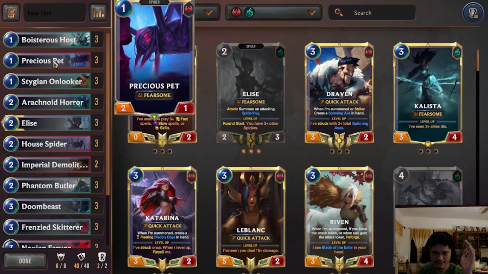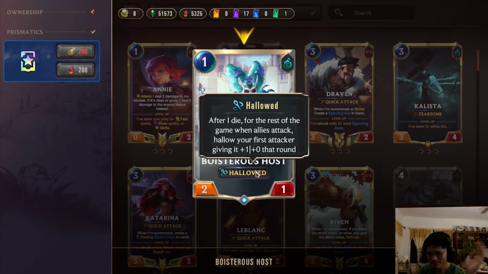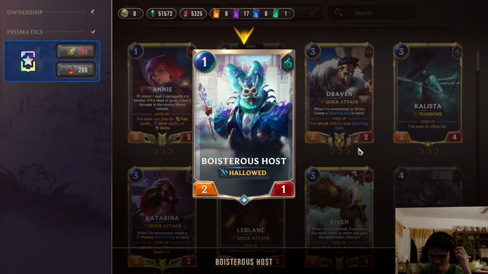Precious Pet is, oh yeah, for those who don't know, I'm sorry. Hollowed is a new keyword, which is after I die, for the rest of the game when allies attack, hollow your first attack, giving it +1/+0 that round. Anyways,